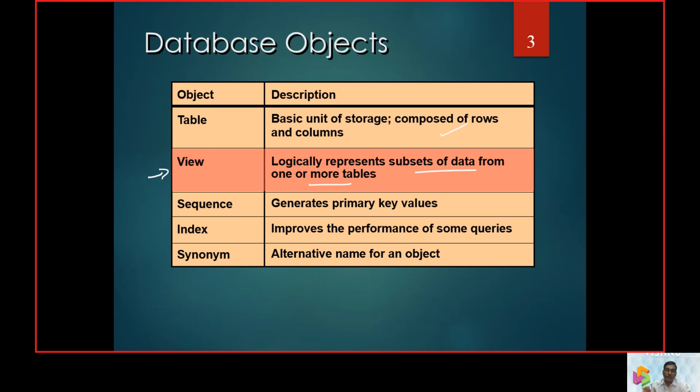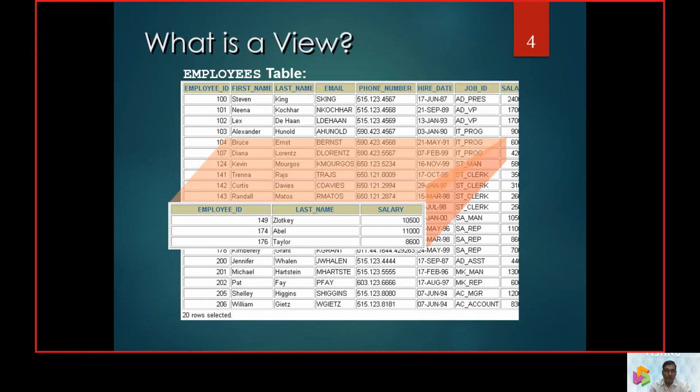It can take some fields from the department table, some fields from the location table, and some fields from the employee table. All these together, putting together, bring up a query-type concept, a subsetting concept. So we are calling such a set of contents a view here.